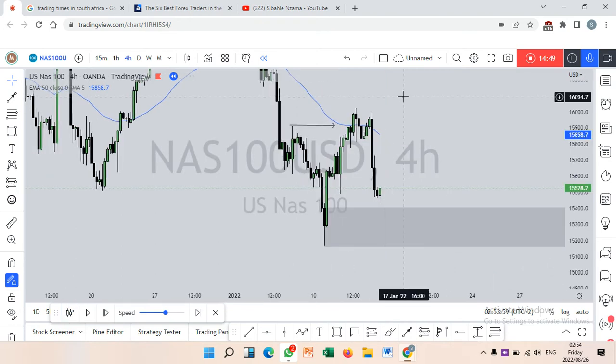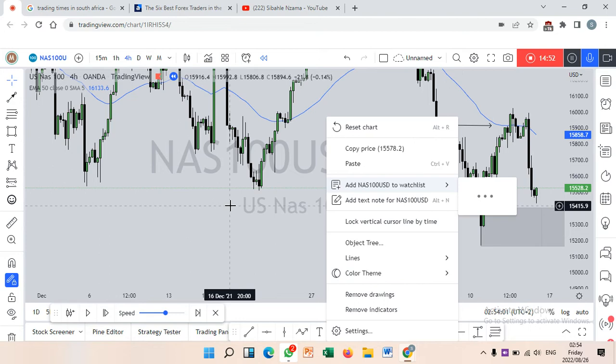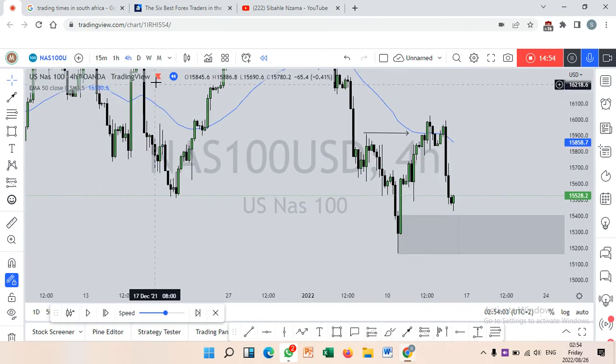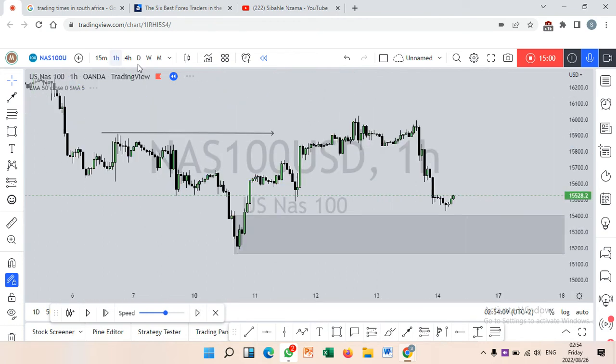Now we understand. Okay, cool. Price is right here. We're looking for a retest in here, a move up. We go in the hourly. Now